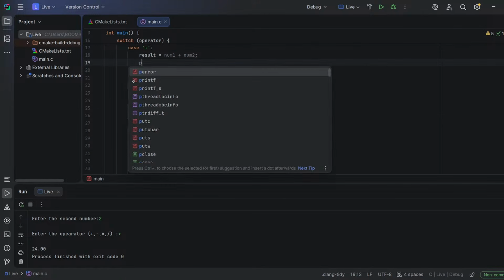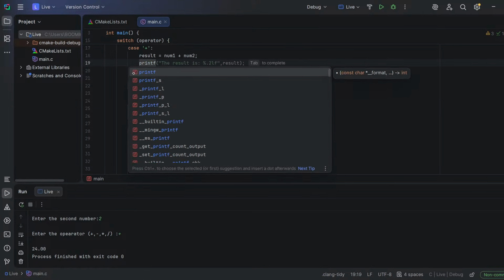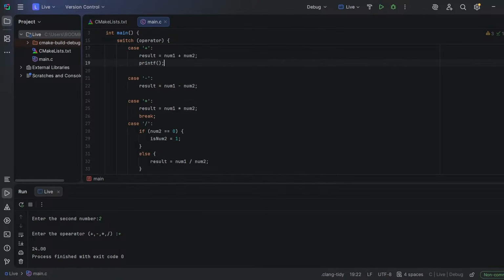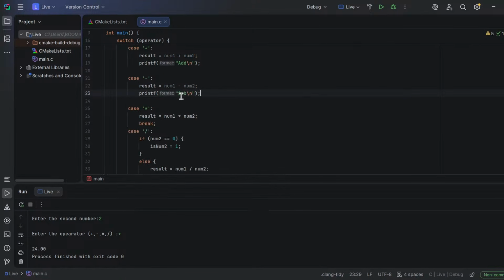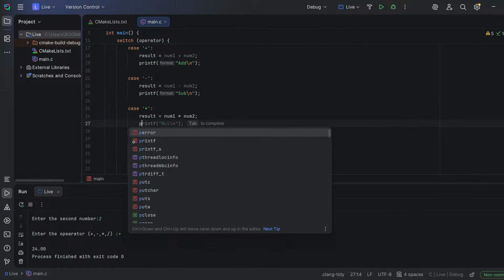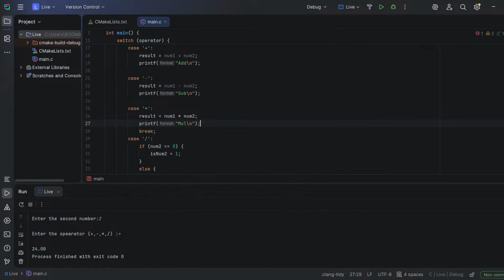So let us use a print statement. So it is add, after that backslash. So print of subtraction, print of multiplication. So if I run it,